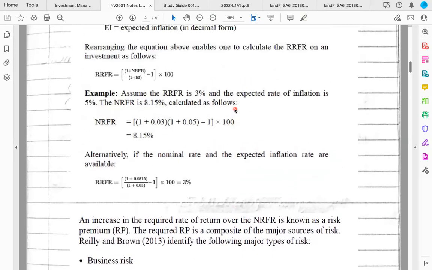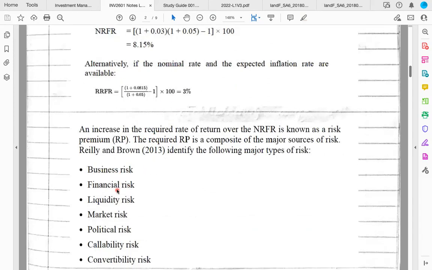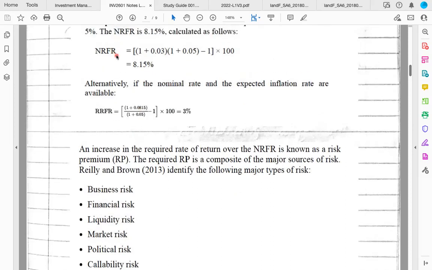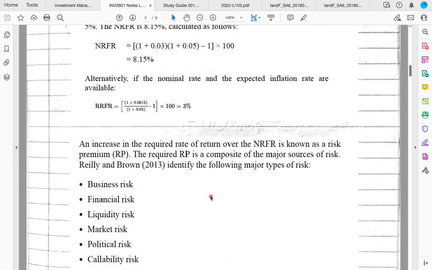And then what can happen is we can account for other risks after calculating the nominal risk-free rate of return. We can account for business risk, financial risk, liquidity risk, market risk, political risk, callability risk, convertibility risk. And basically, the way we can do this is once we have the nominal risk-free rate of return,